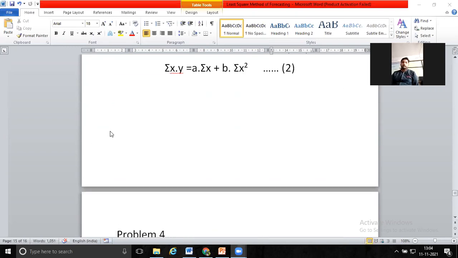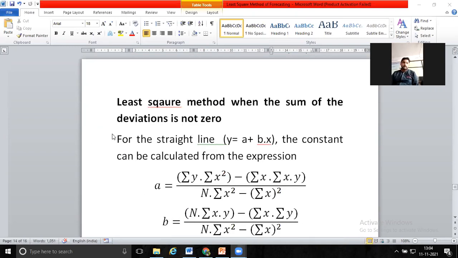Okay, so in the last lecture we discussed that if the sum of the deviation is not equal to 0, then how to solve that problem by using the regression analysis or the least square method. In the least square method we are determining the parameters,